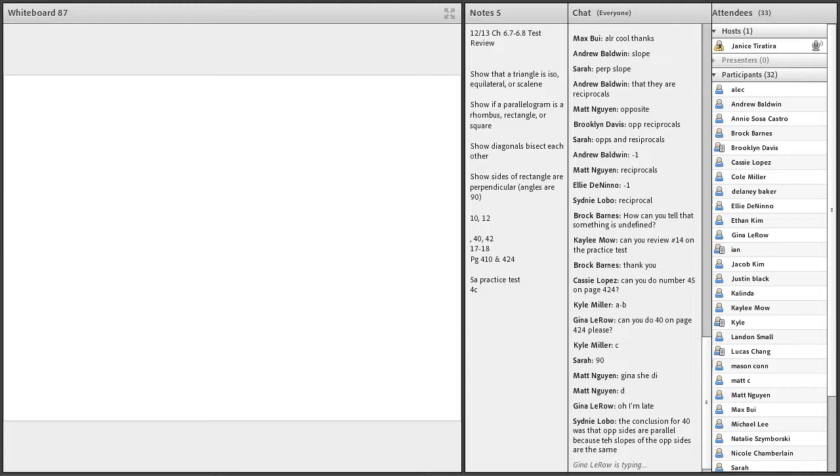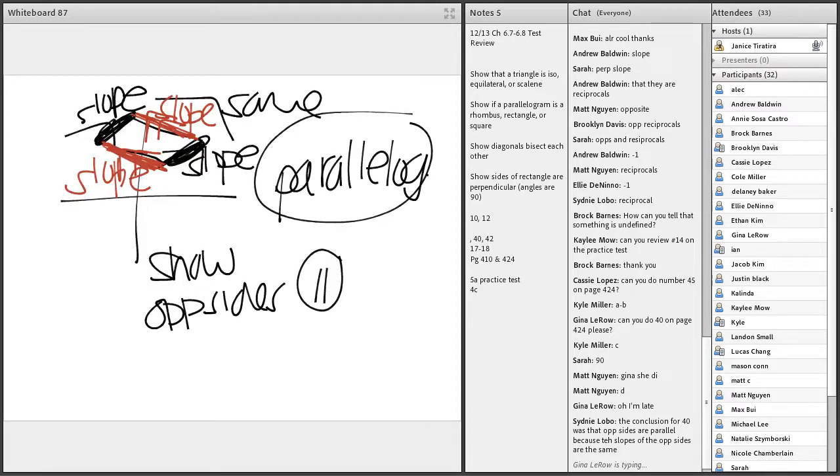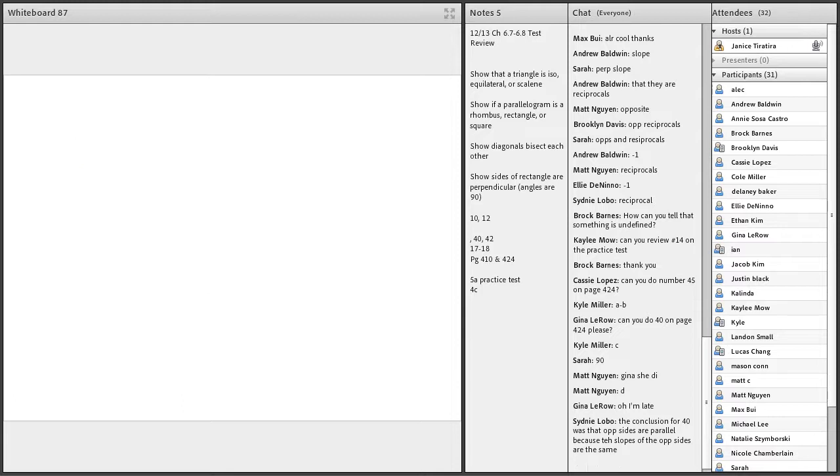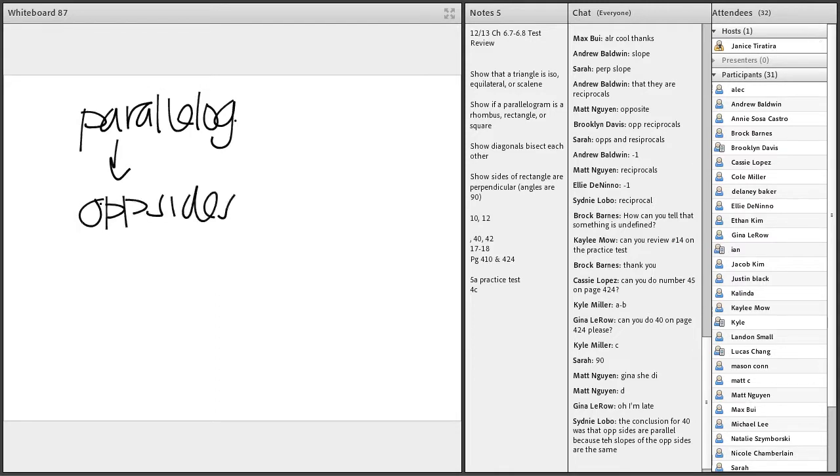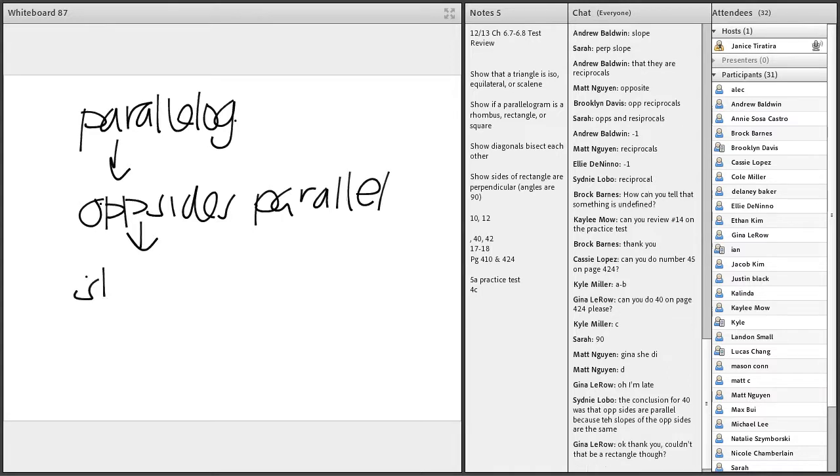Yes, that is a very great conclusion. So for number 40, the opposite sides are parallel because the slopes of the opposite sides are the same. That is well said. So, summary: if you're trying to show it's a parallelogram, you want to show opposite sides are parallel, just like Sydney said. I'm going to take her words. And that's because the slopes